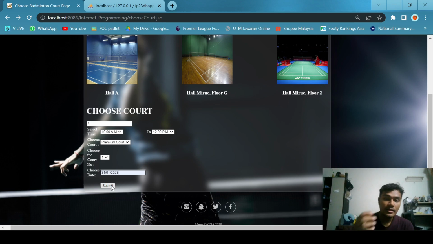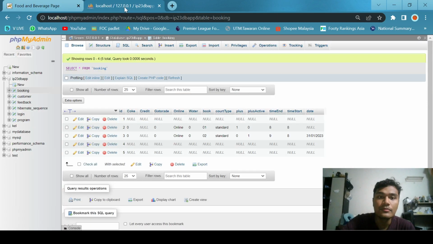So in this case, this form will be connected to a database, which in this case we use Hibernate, and all these forms will be inserted into the database. So after I click the submit, I will show you the database. I click the submit here. As you can see, we have the ID of 3, which will be our reference for the database. So click here submit, then I go to the database, click refresh,